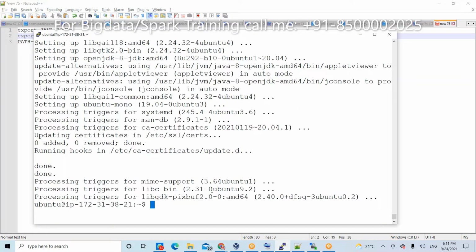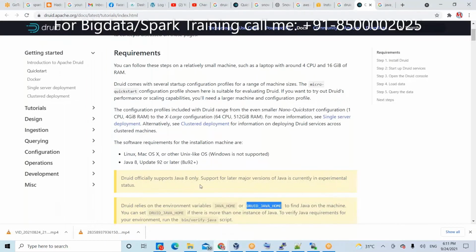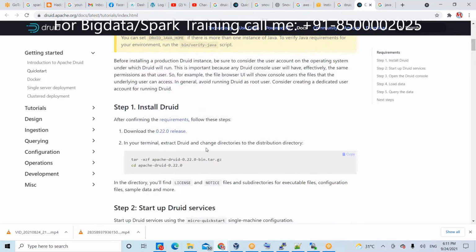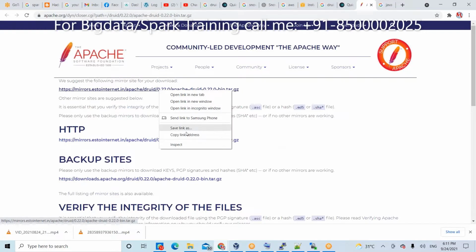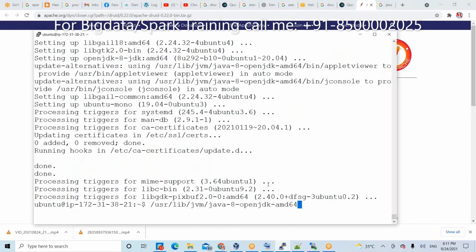Just a minute. Is the Java installation completed or not? Yes, the Java installation is completed. That's why I'm preparing documentation. Similarly, for DRUID_HOME, how to configure it: Druid is still not installed. Now this is the requirement, everything, scroll down. First of all, download from this link. Click this one. If you click, you get a URL. My recommendation is to use this link. Just a minute.